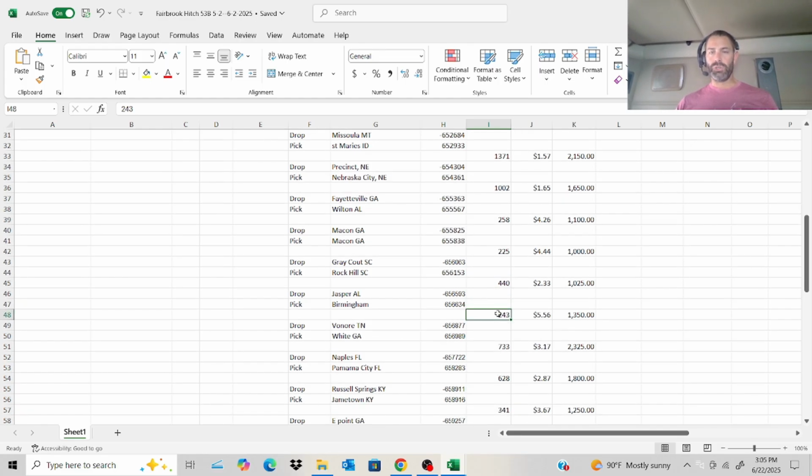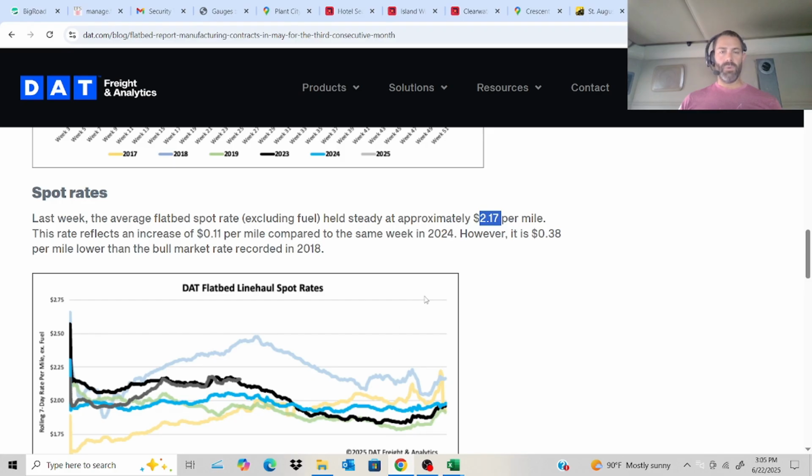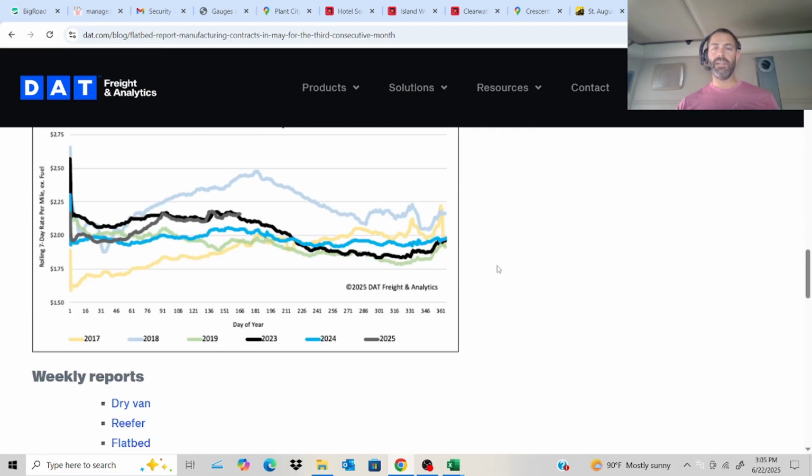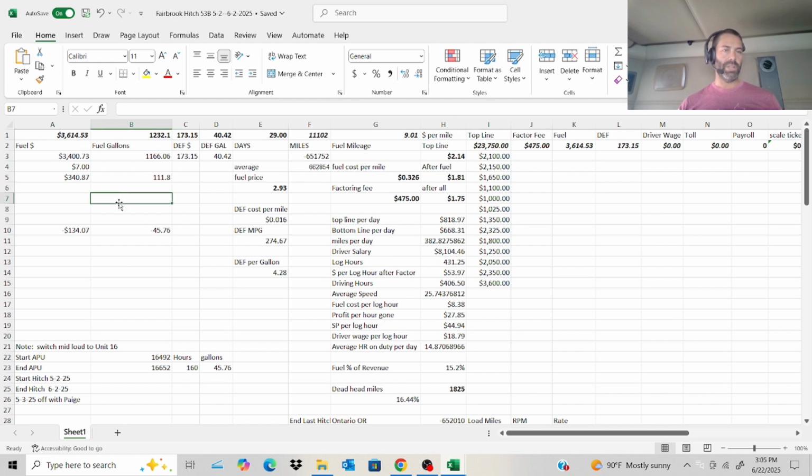So ironically, the shortest loads you run are always the highest paying loads, right? I guess this would be the shortest load I ran. It's always the highest paying load, as far as a rate per mile goes. So it always would work out to where when you do longer length of haul, your rate per mile goes down. So what I like to do is look at this number, the DAT number. That puts me at a much better spot for doing budgets. If I do budgets off of truck stop numbers, I'm gonna think I have all this money and I can spend a bunch of money, and then yet once I bring deadhead in, once I bring long length of hauls in, it comes down. So that is my most recent full hitch,